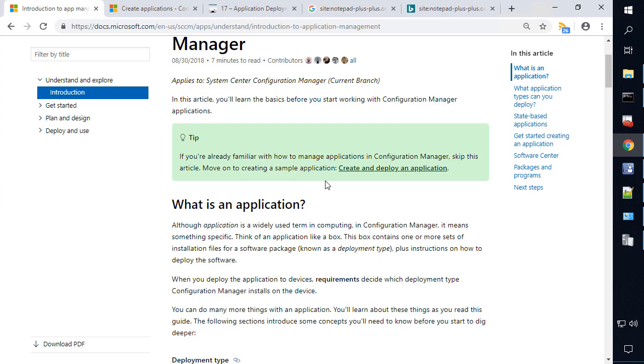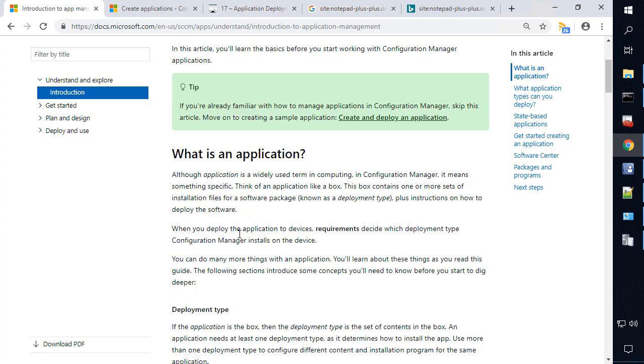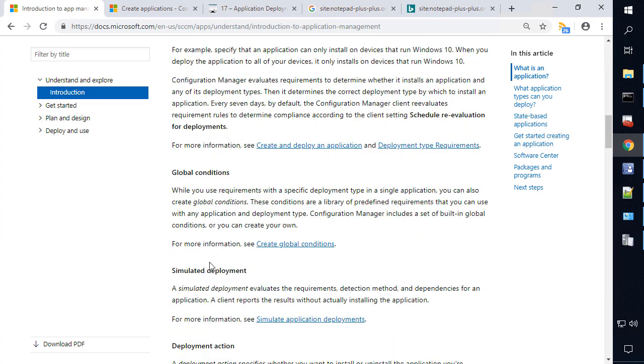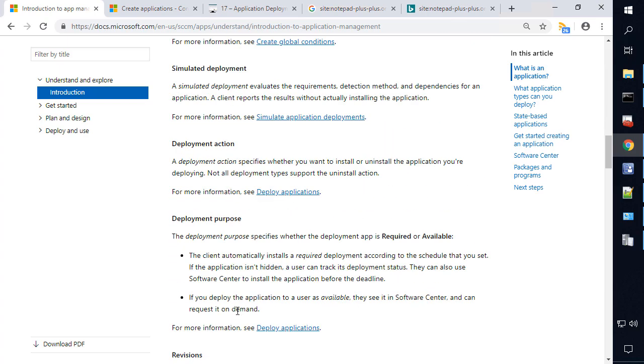In this video, we're going to be taking a look at applications and the different components that actually create an application. So things like an application deployment type, requirements, dependencies, supersedence. There's quite a few different items that make up an application. So in this video, I just want to give a good general understanding to make sure you understand how applications work and how we can create applications for EXE and MSI installers is going to be the goal of this